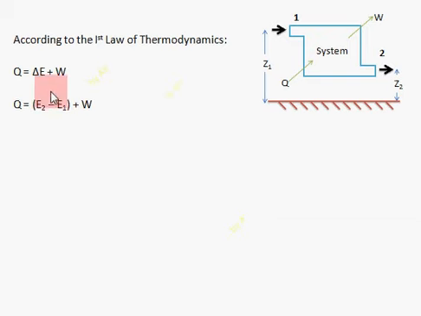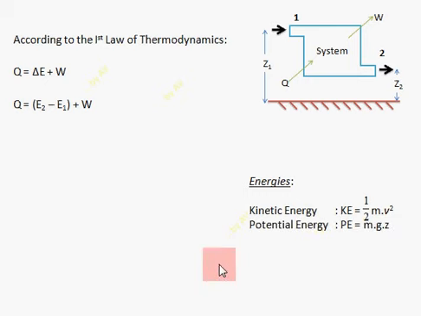Now, applying the limit, that is energy entering the system and leaving it, based upon that limitation, we are splitting this del E as E2 minus E1. We need to know what this energy is, so we need to analyze what energy forms can be included in thermodynamics. First one, kinetic energy, that is half mv square. It is written with respect to the mass flow rate. Next one, potential energy, mgz, with respect to mass flow rate.